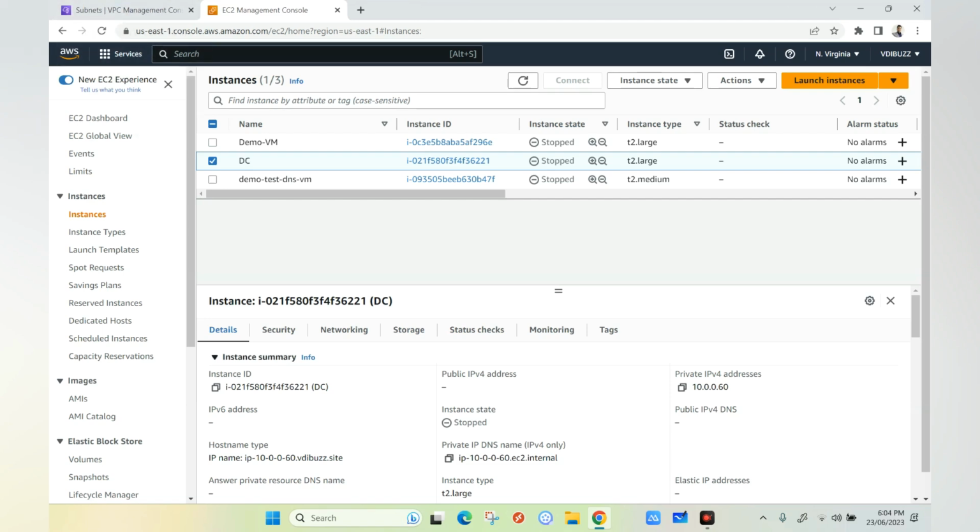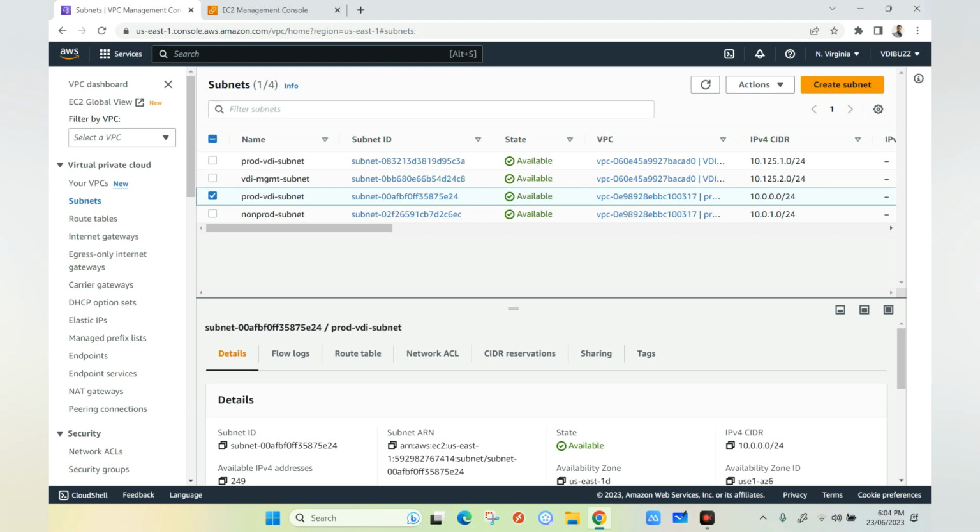Hi, in this lab we will see how to create NAT Gateway. In order to create NAT Gateway, first we need to have some prerequisites. So if I go to my subnet, you can see there are two subnets over here in this particular VPC,